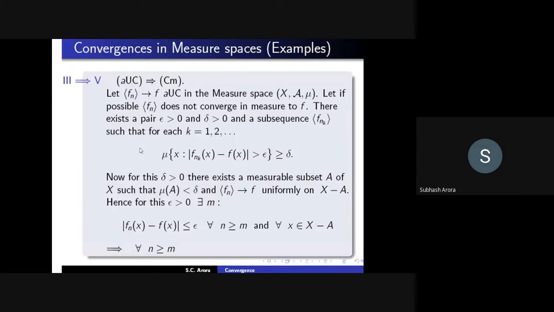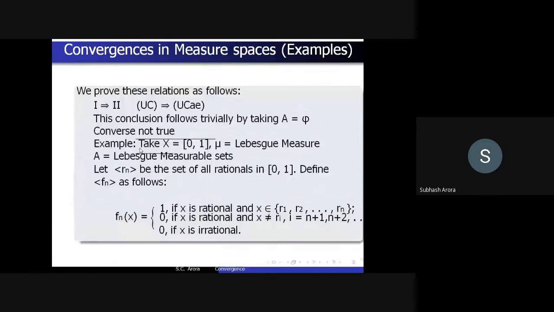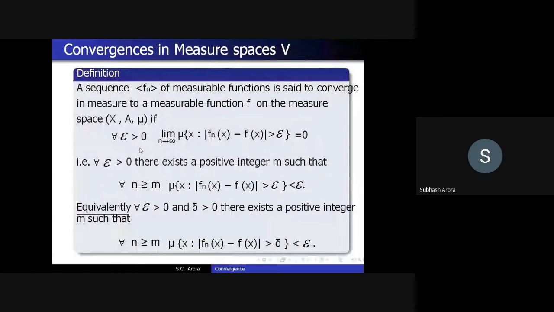Next, our next implication: third implies fourth. What is that? Almost uniform convergence implies convergence in measure. Let us recall what convergence in measure is once again. We say that a sequence Fn of measurable functions is said to converge in measure to a measurable function f on the measure space (X, mu)